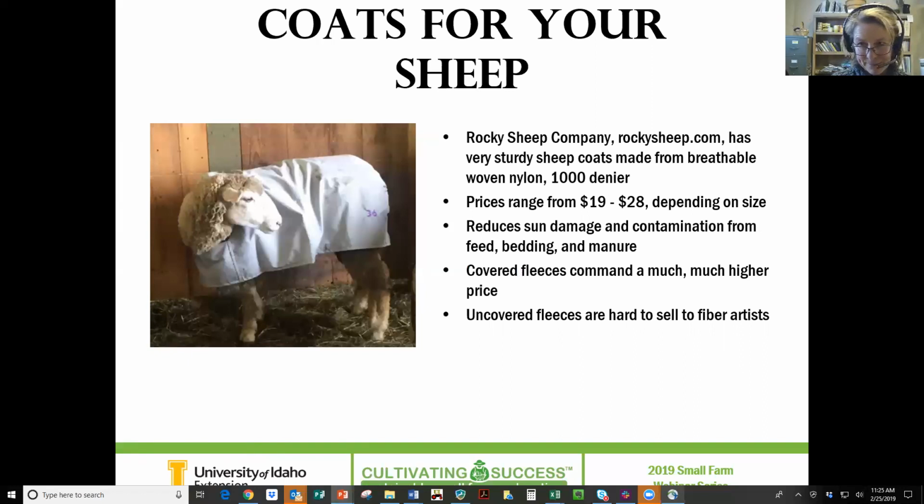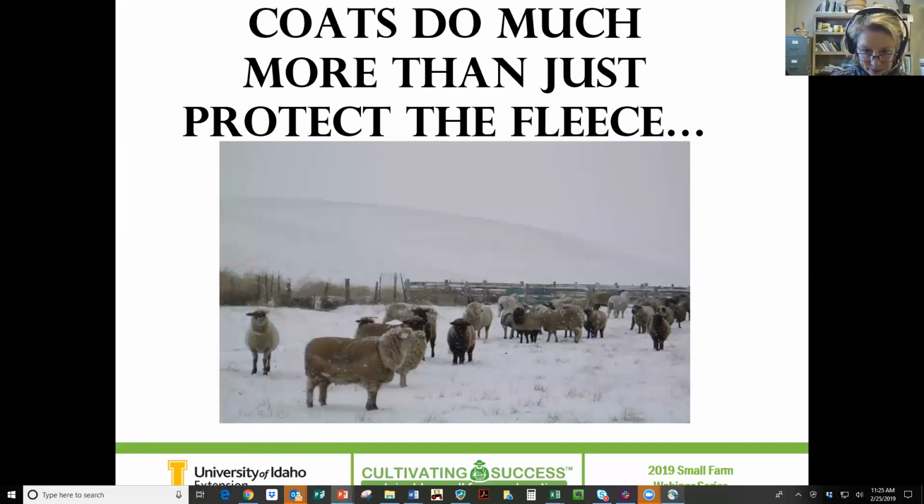But some of the management issues are that sheep will rub up against barbed wire, they'll flail and sometimes get caught on something, so you've got to watch them, and they may outgrow theirs. You may have to change it once or twice. It might be too big at the beginning of the year, too small at the end of the year, stuff like that. So here's a picture of my flock.